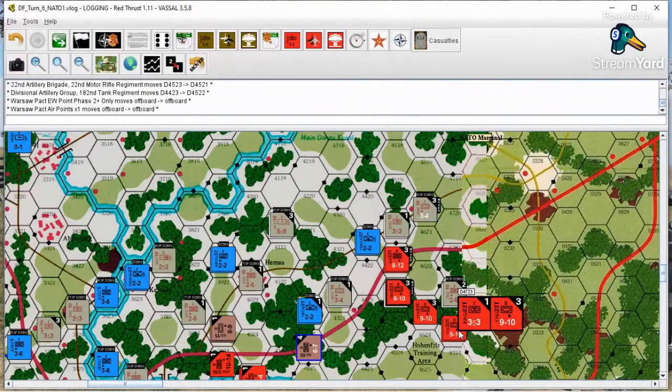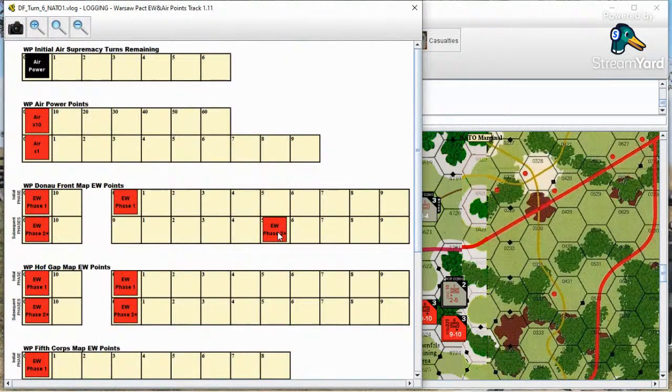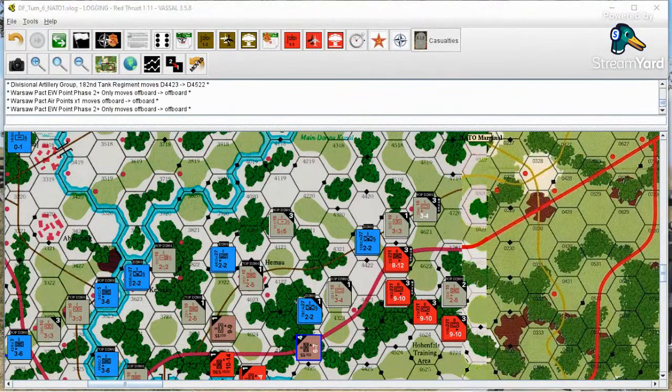Oh, wait. Let me total this up again. Be sure. 9 and 6, 15. 9 more, 24. And 27. So that's 27 to 5. So that's 5 to 1 starting out. 5 to 1. And let's put the EW back because he can't get any support. So 5 to 1